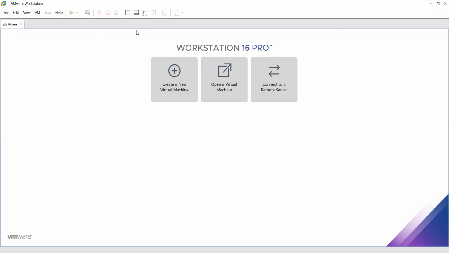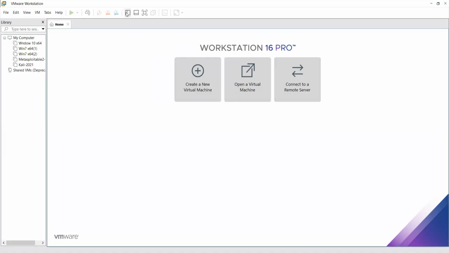Okay, so guys, just tell me one thing, do you have any idea how to install an operating system on virtualization software like VMware as well as VirtualBox? Sir, actually, I installed Kali Linux on VirtualBox. I know, you already installed it, right? Yes, sir. That's great. If you have any doubt related to the installation process, before the end of today's session I will share a link in the chat box, so you can go through it and learn how to download and install the Kali Linux operating system in your virtual environment.